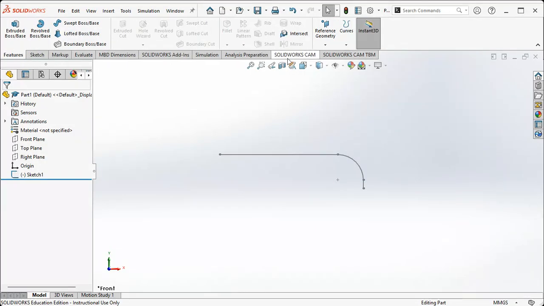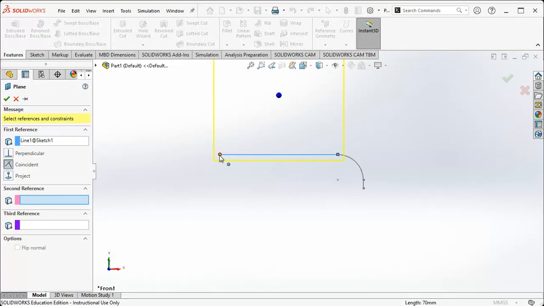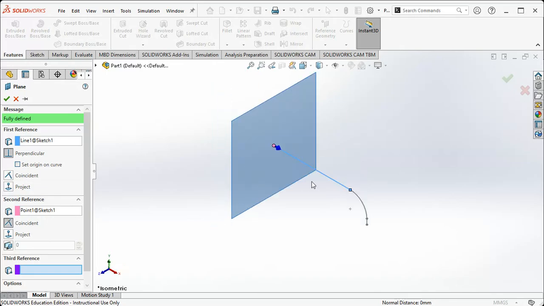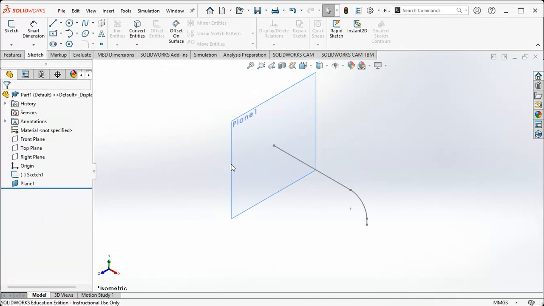Next thing you're going to want to do is go to Reference Geometry, click here, click on Plane, wait for it to load, and then click on this line, then click on this endpoint. So now you can go to your isometric view, Control 7. So now you can see that line is right in the middle of that path. So press enter. Now what you want to do is go to your sketch, click on Plane 1,